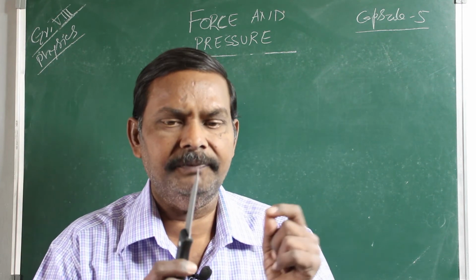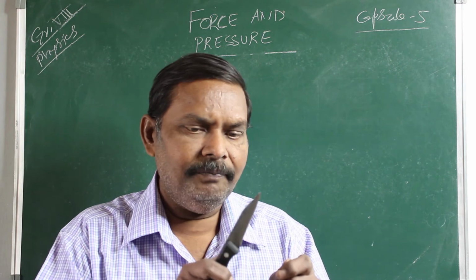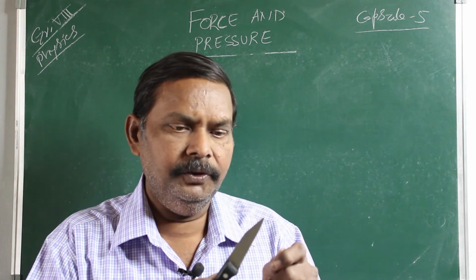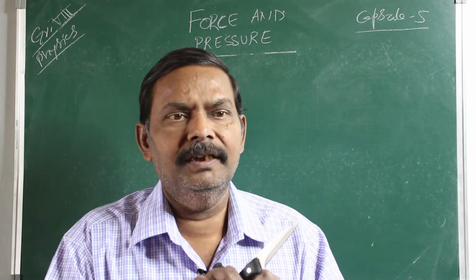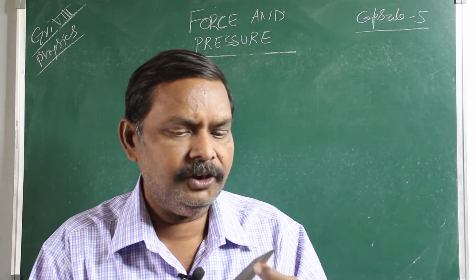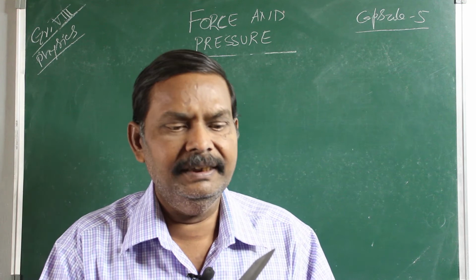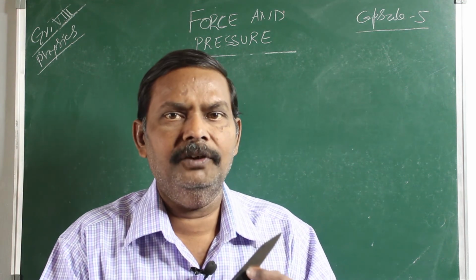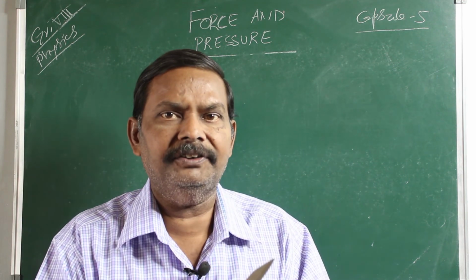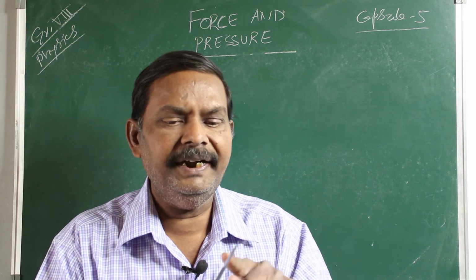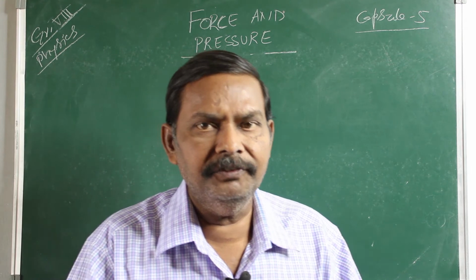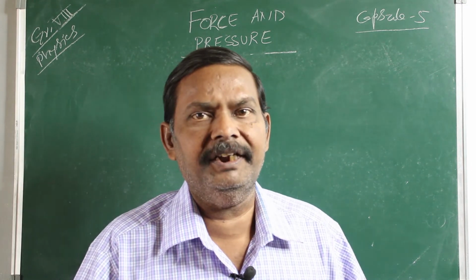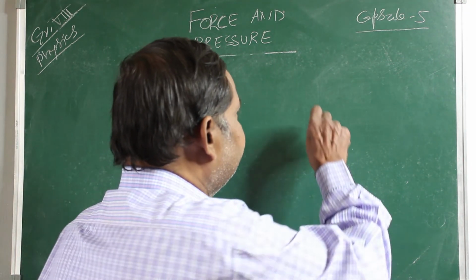The reason is very simple. You are applying a certain force, and using that force you are going to cut the vegetables. And here two edges are there, the sharp edge and the blunt edge. The sharp edge has a very small area of cross section, whereas the blunt edge has more area of cross section. If you see the cross section of the knife, it will be like this.